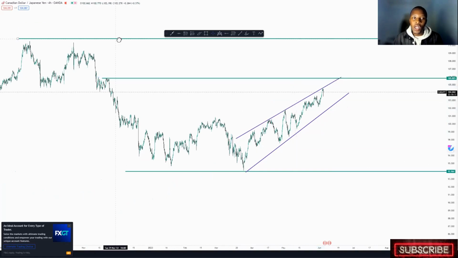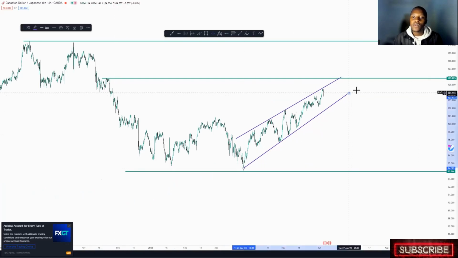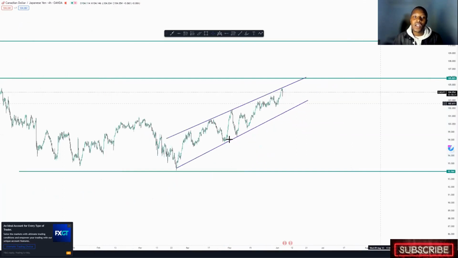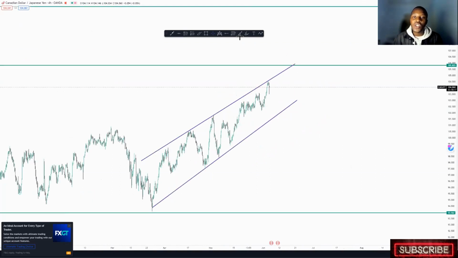You still want to understand what is going on inside this pattern or playground that you have built for yourself, right? So now we're going to go inside, because as you can see, we have these multiple touches, and every time the market reaches this trend line, it actually sets off to the downside. As I can also see here, we have a first touch, a second, so we have an anticipated third